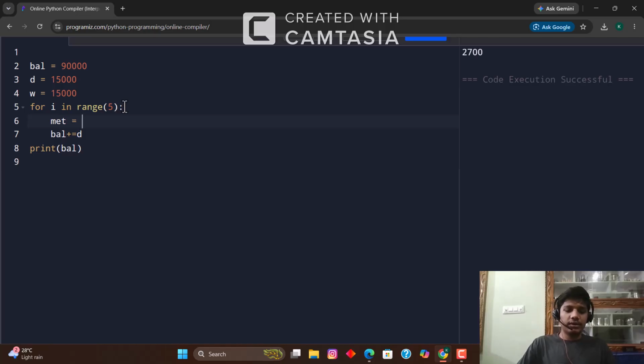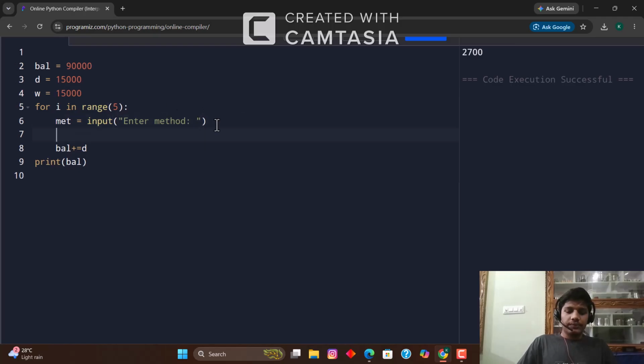So just write input and give the enter prompt, method. Then give some gap, and if the method entered by you